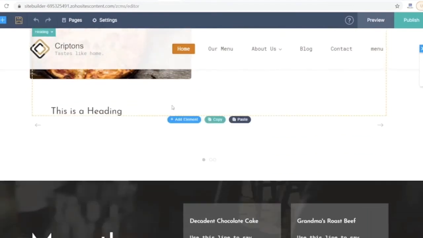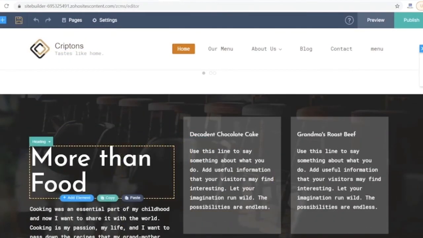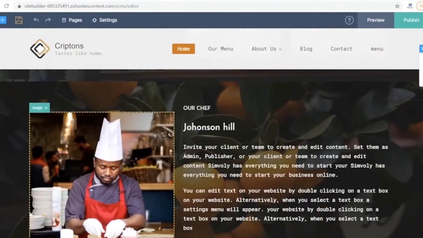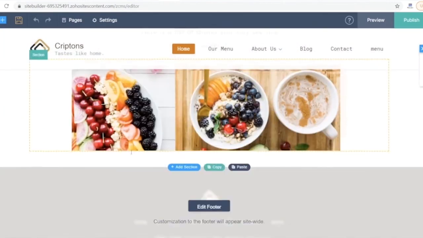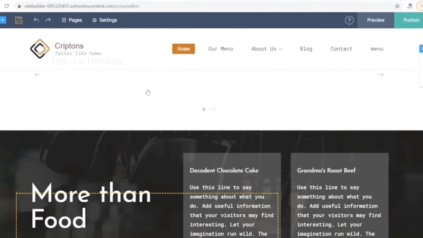As you can see, the color scheme has changed. The fonts have definitely changed. I'm sure you can spot that the kind of fonts we were using has changed. And so all of this is extremely easy to do. None of your content is lost, and you never ever have to sit and redesign your website from scratch again.